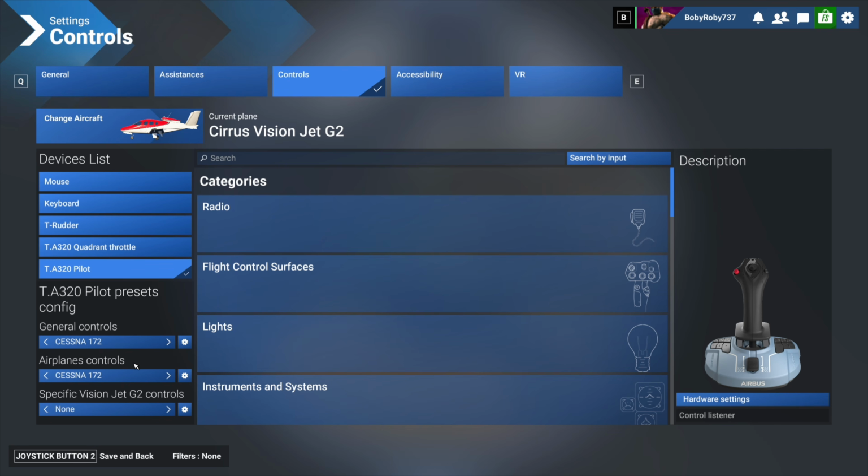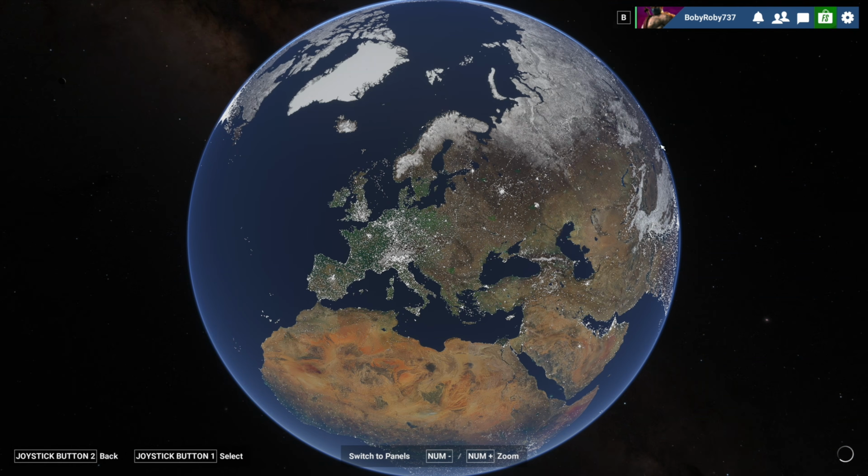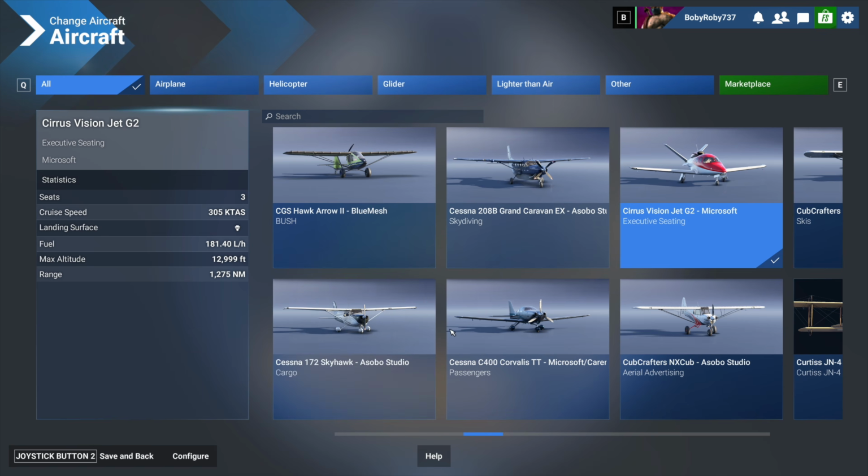So what happens now? Well, first thing first, you still have that profile over here, which is right here. So you can select it and go to fly. However, if I want this general profile one, which we just created, to be the default and always be available for whatever aircraft I select without me always going back and reselecting it, all you have to do is go to the settings next to general controls, click set as default, and the same thing for airplane controls, click and set as default. Now if I save and back and go to click to whatever aircraft, so some other one,